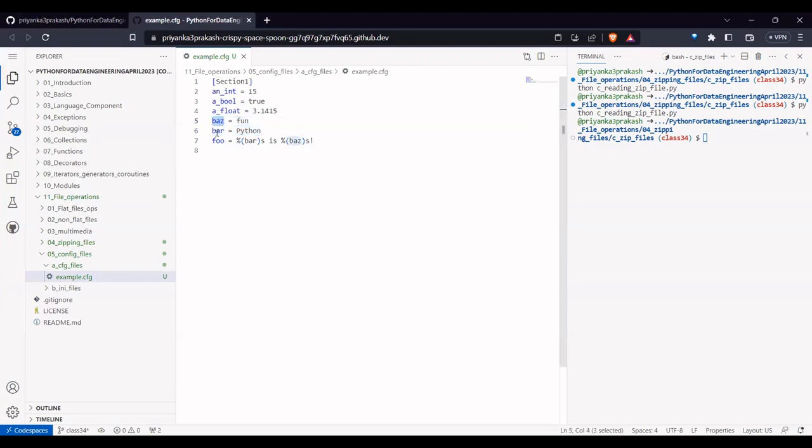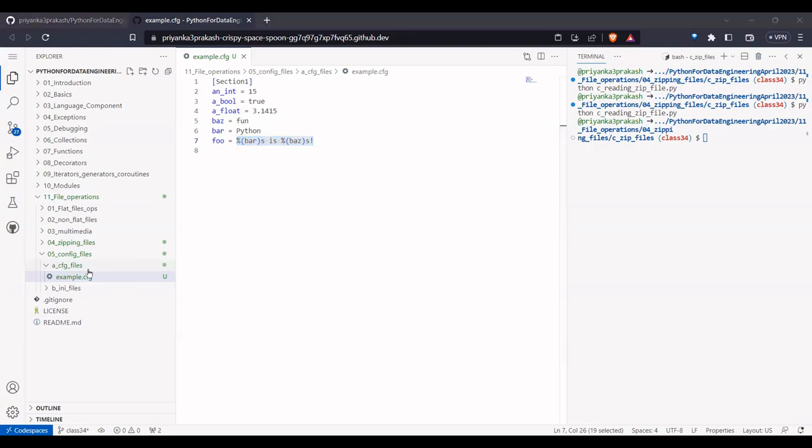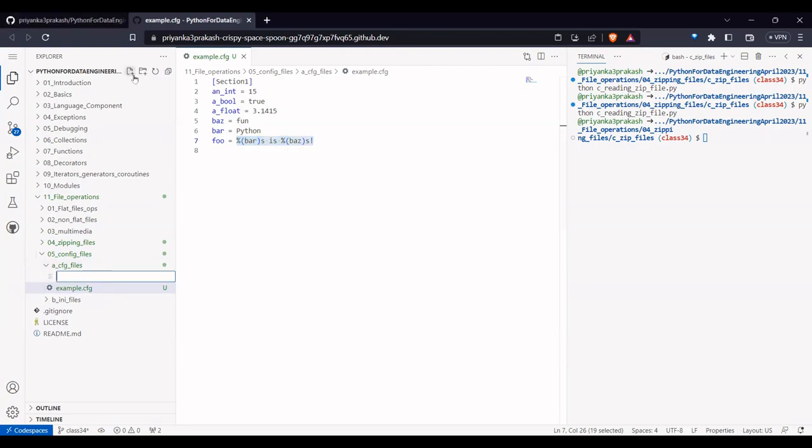If I say bar and bars are there, I can create a foo which is created from it dynamically. So like that we can create. So if you want to create this configuration file, first to create it, we can go with